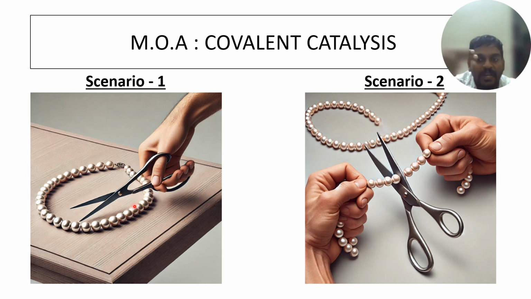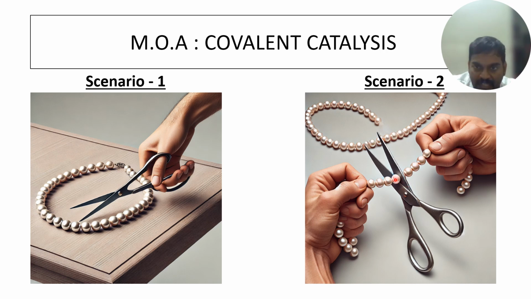You have to make multiple attempts. It will be slipping, right? Multiple times it will slip. So I have to make multiple attempts to find the thread which is present between the pearls. But what if I hold the pearl necklace with two hands and stretch it,